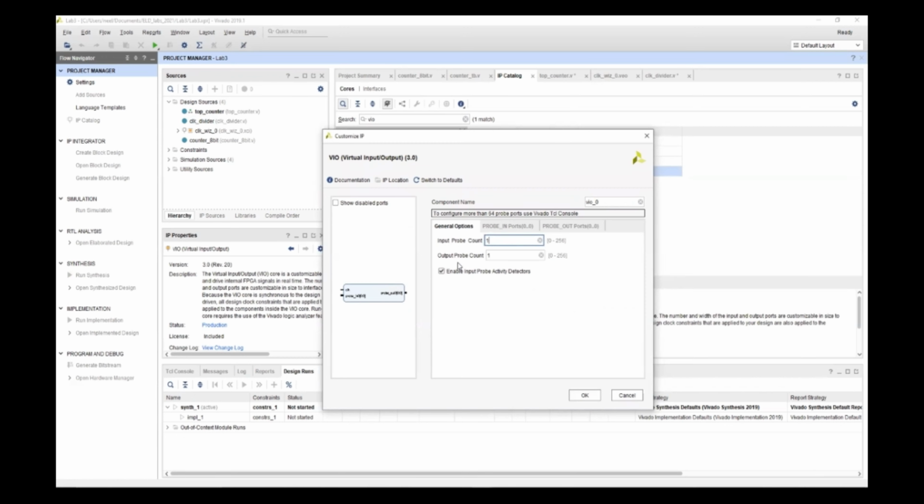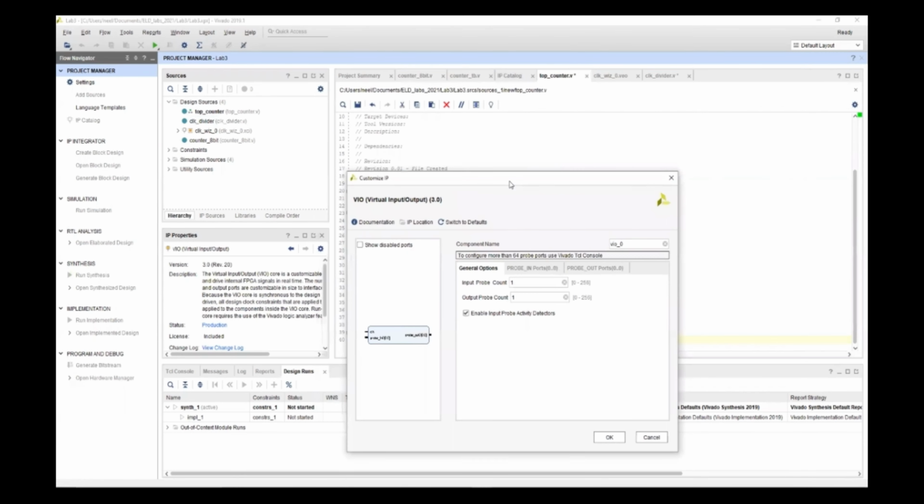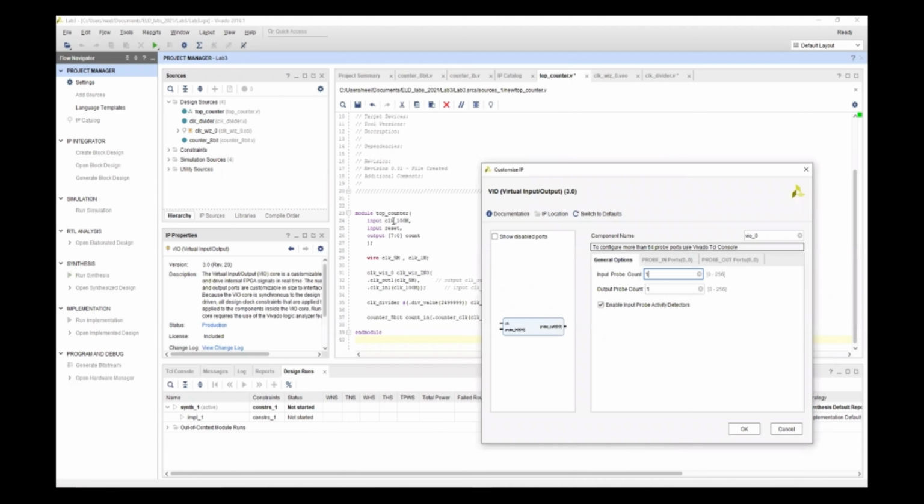Since we know that the input and output positions switch, the input that we're giving to the top counter will become the outputs of the VIO. Therefore, you might be thinking that we need to give 2 outputs, but that's actually false. We only need to give 1 output, because the 100 megahertz input will be coming from the FPGA itself, so we don't need to give that as an input from our end.